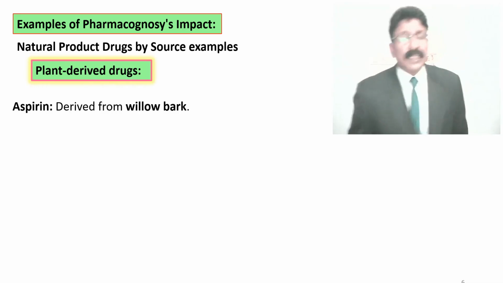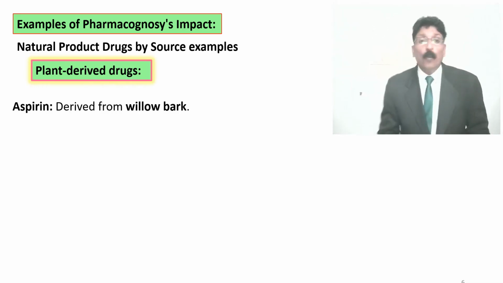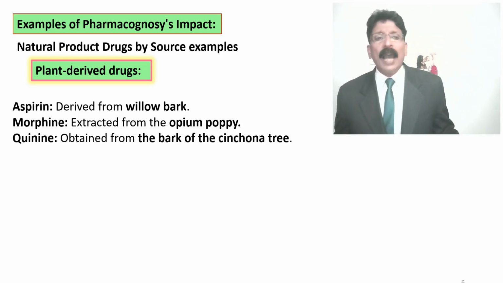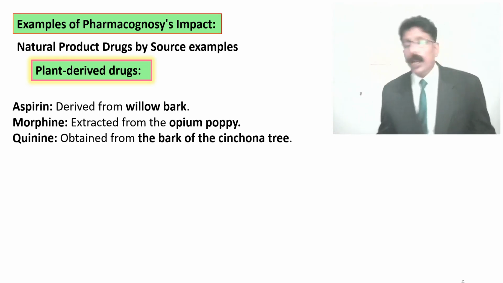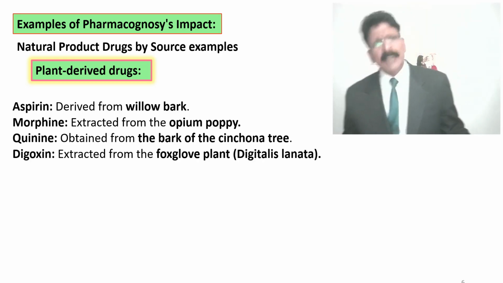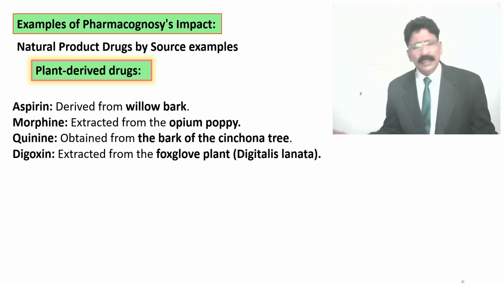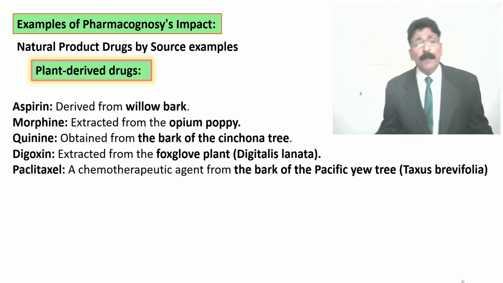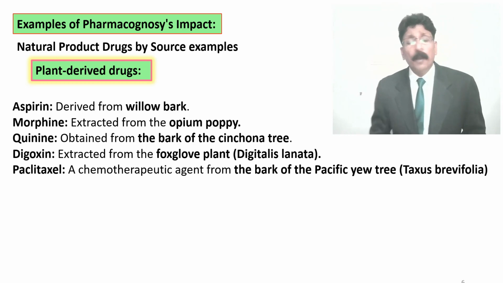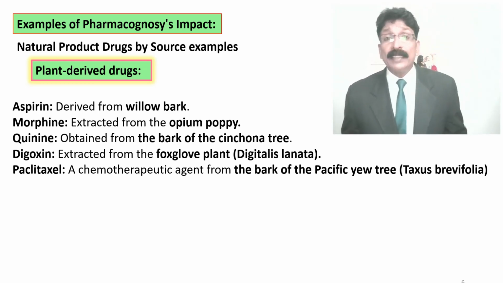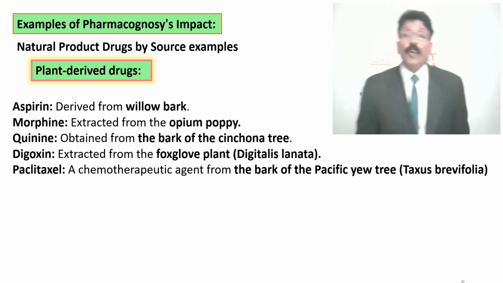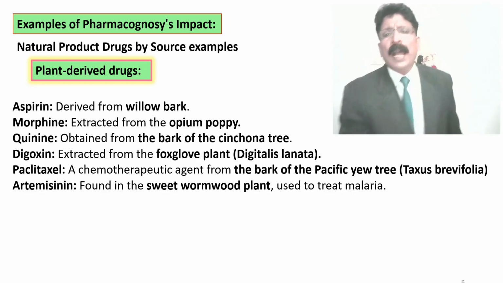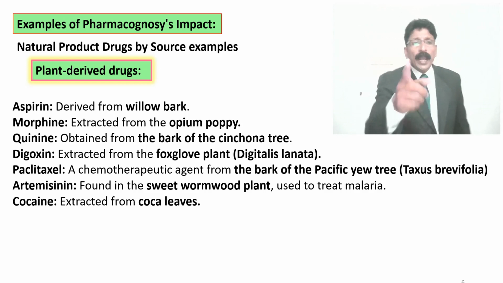Plant derived drugs: aspirin, derived from willow bark; morphine, extracted from opium poppy; quinine, obtained from the bark of cinchona tree; digoxin, extracted from foxglove, that is Digitalis lanata; paclitaxel, an anti-cancer chemotherapeutic agent from the bark of the Pacific yew tree, Taxus brevifolia, a very interesting plant; artemisinin, found in sweet wormwood plant, used in the treatment of malaria; cocaine, extracted from coca leaves;